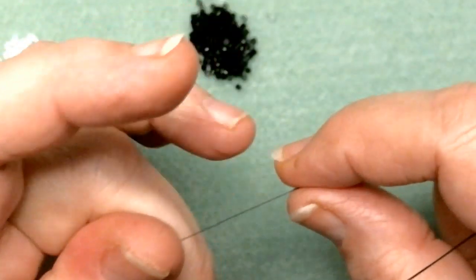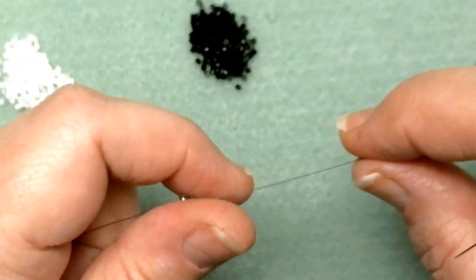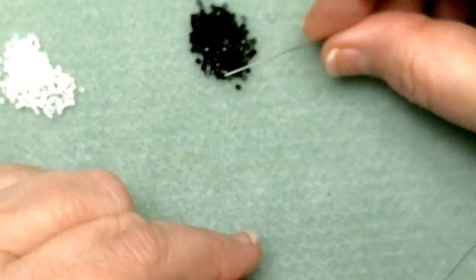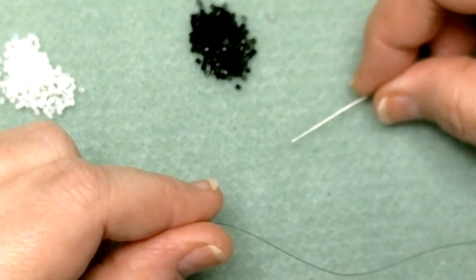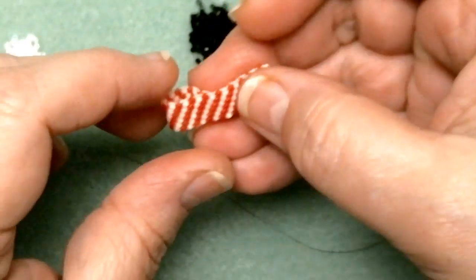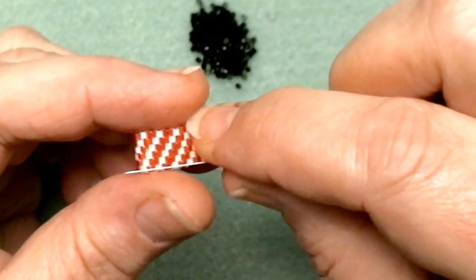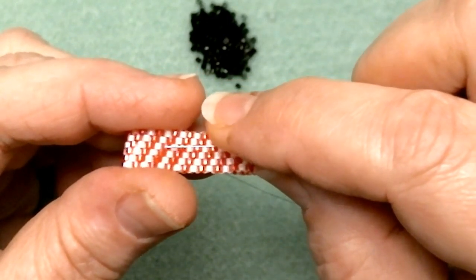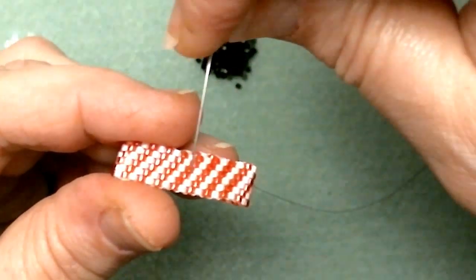So I will show you with the stopper bead, and then I will probably explain to you how I would do it without the stopper bead. So we're just going to do an even count. Even count means there's an even number of beads in the pattern. Now this is probably going to make my screen go crazy, but this is even count. If you look, this is like a candy cane stripe. So it's 1, 2, 3, 4, 5, 6 red beads wide. Now that's on an angle, but